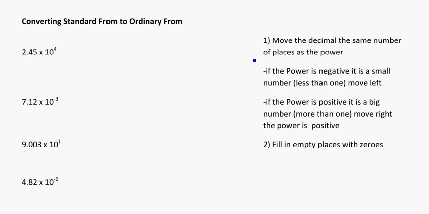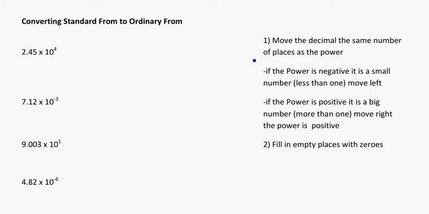So now we're looking at converting standard form back into ordinary form. And the big trick for this one is making sure that we recognize whether to move the decimal to the right or to the left. In other words, whether we're going to make a big number or a small number, where again a big number would be something more than 1, and a small number would be something less than 1, like